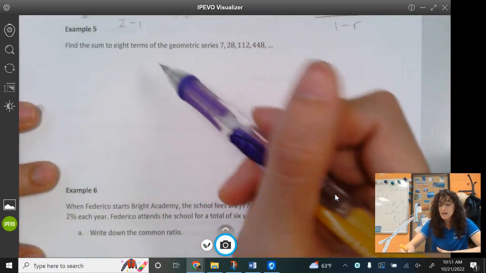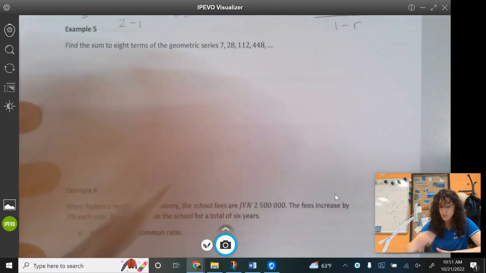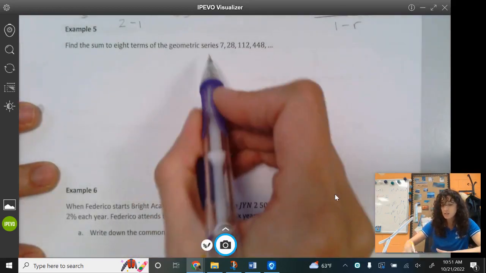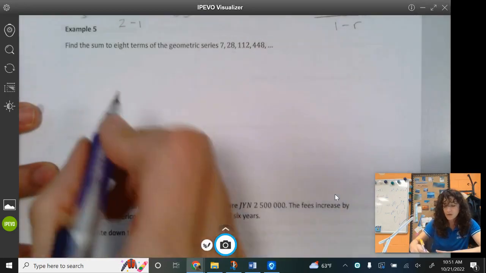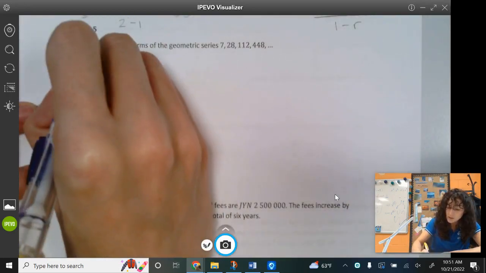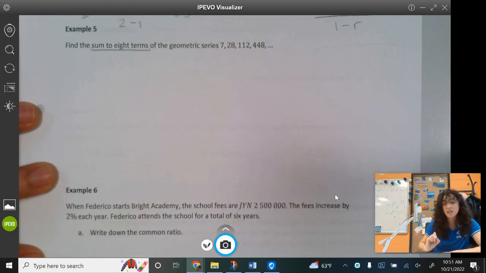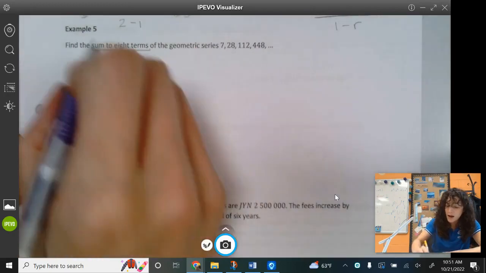So it says find the sum to 8 terms, so the first 8 terms of the geometric series, and then it tells us, hey, it's geometric. We just need to go in and find out what are the pieces that we need. Well, the sum to the 8 terms, right? We're trying to chunk up a question that's being asked to us into smaller pieces, and in our prepare step, put those pieces down to say, okay, I need